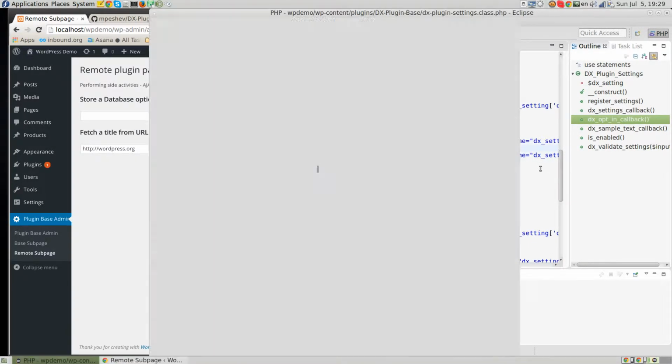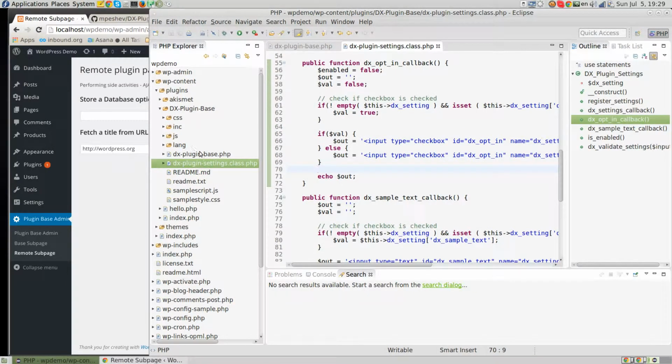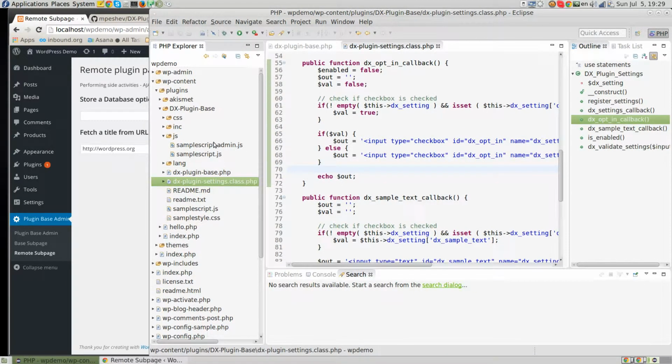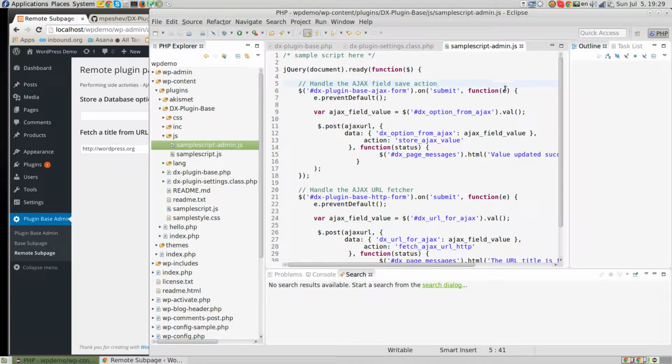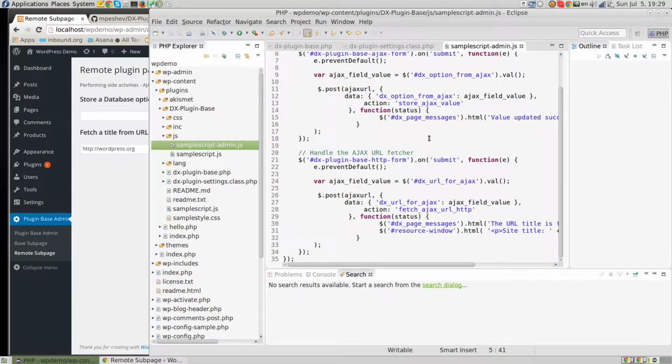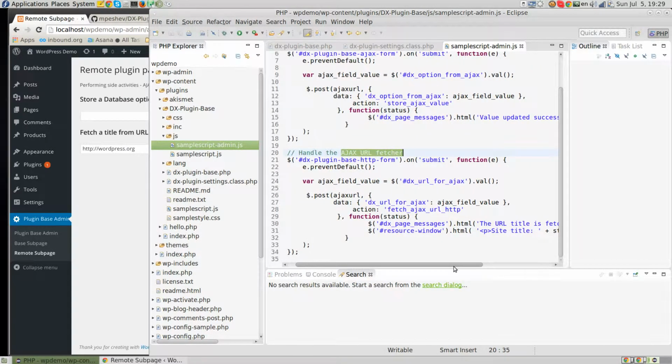We have also presented for you some JavaScript handy things, for example the admin part that handles Ajax field save action, which means that you can store remote data with Ajax, which is pretty handy if you'd like to do some dynamic things with JavaScript instead of PHP, and also an Ajax URL fetcher. What would be handy to do with this is